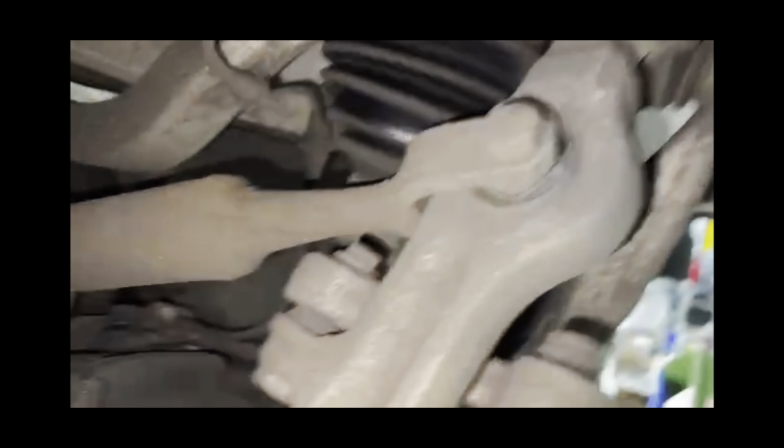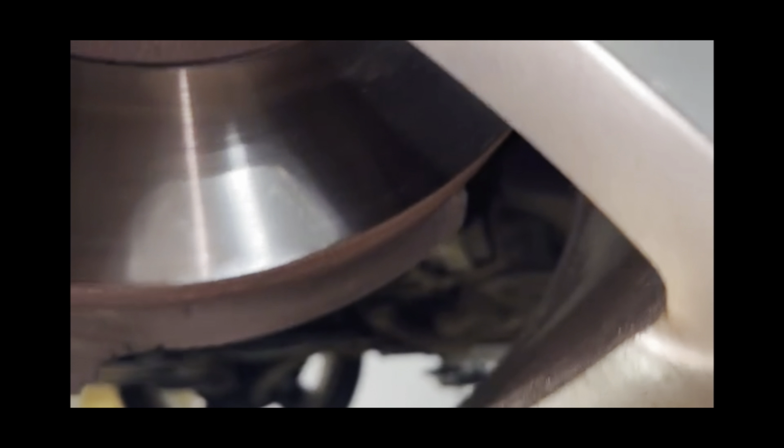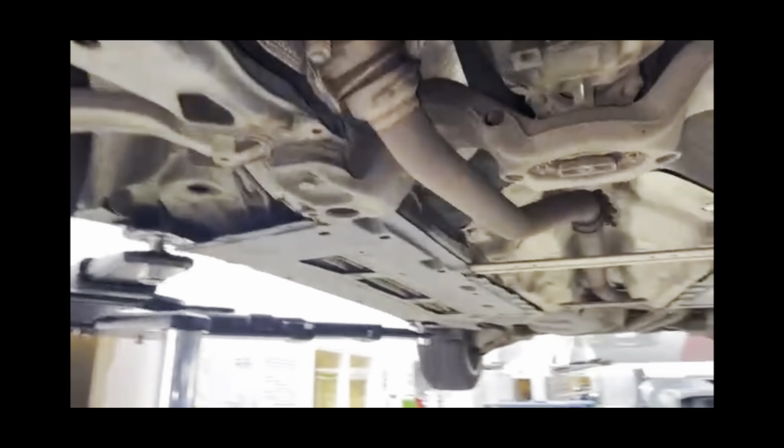Crossing over to the left, all the suspension components are looking good on the left. Drive shaft is looking good. Shock absorber and drop link are looking good as well. The tire on the front left is 4 mm of tread, still okay. It does have some light damage, but not cut to the cords. Moving on to the brakes. Front brakes are around about 10% worn, and the disc is still in a very good condition. Now running down the bottom to the back,